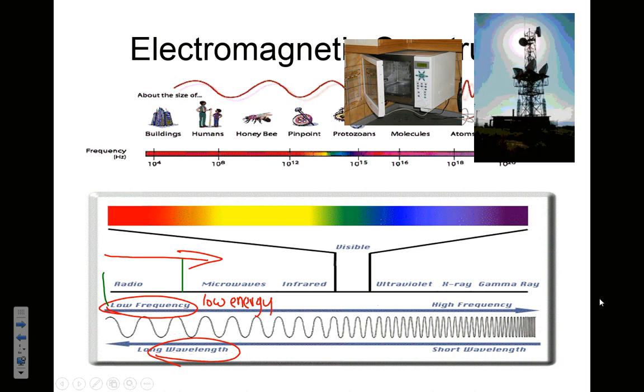Now, I had already also mentioned that radar waves are in this part of the spectrum. Well, so is your cell phone. What we're looking at here is a cell phone microwave relay tower. Now, microwave radiation is a line of sight type radiation. So we have to basically send it straight line from you to the tower, and then from that tower to the next tower, and that tower to the next tower, and then from that tower to